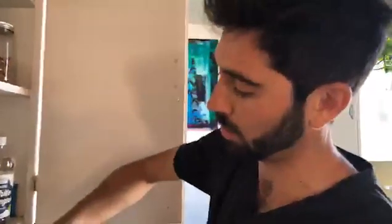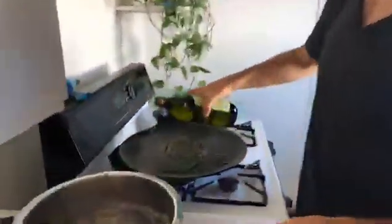I need some more olive oil, and I'm gonna put a little bit of olive oil on a pan. Sometimes I use flour, sometimes I use olive oil. Basically I want something that's gonna make this not stick to me as much. So you can use oil or flour. The dough is a pretty wet dough. Slather some oil all over, and